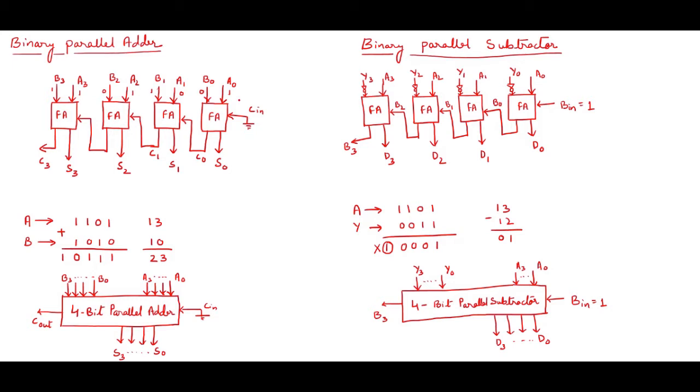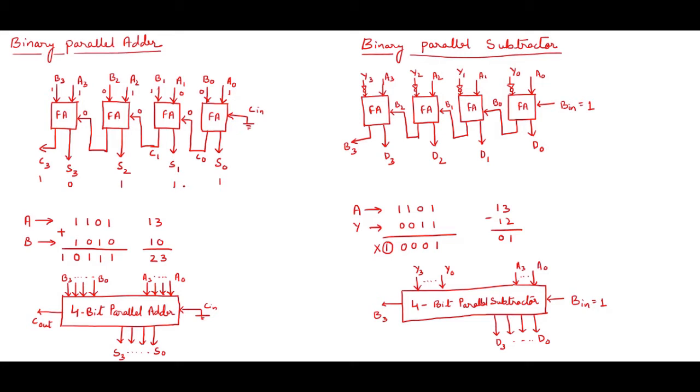Initially the C in is grounded, so when I add this, 1 plus 0 is 1, so I'm getting 1 over here, carry will be 0. Now 0 plus 1 is 1, plus carry 0, so it is 1 again, so I'm getting S1 as 1, carry generated is 0. Now 1 plus 0 is 1, plus 0 is 1, so I'm getting S2 as 1, carry is 0 again. Now over here 1 plus 1 is 10, 10 plus 0 is 10, so sum is 0, carry is 1. So you can see 1 0 1 1 1 I'm getting, and this is 16, this is 4, this is 2, and this is 1, so altogether it is 23. So I got the result. So my circuit is working fine as a binary parallel adder.